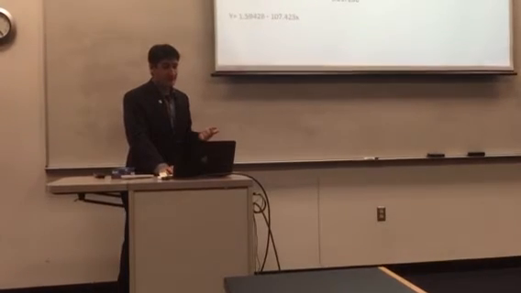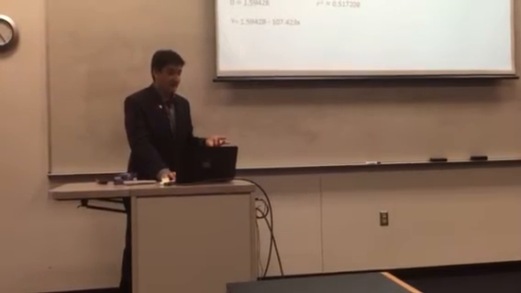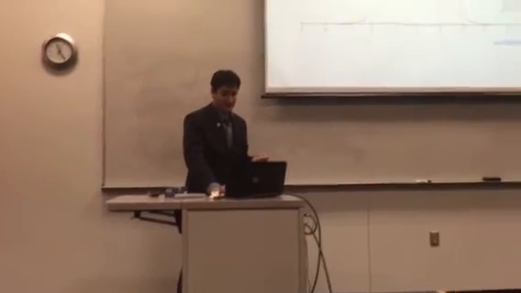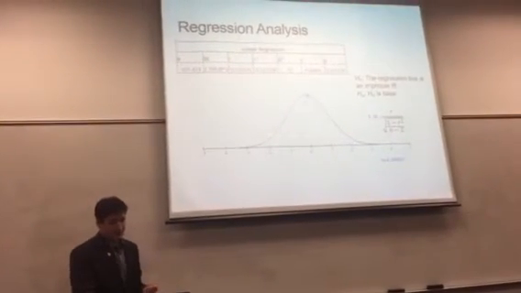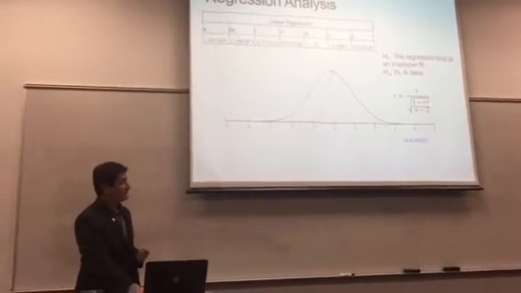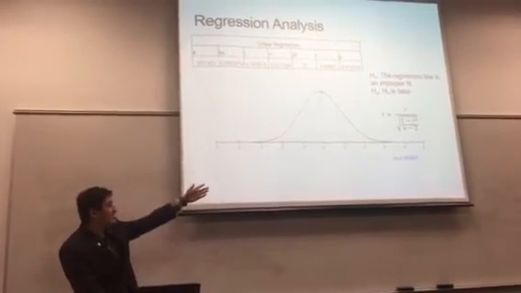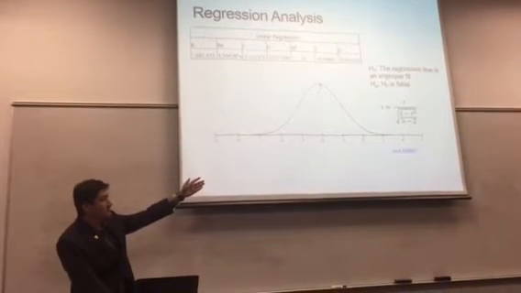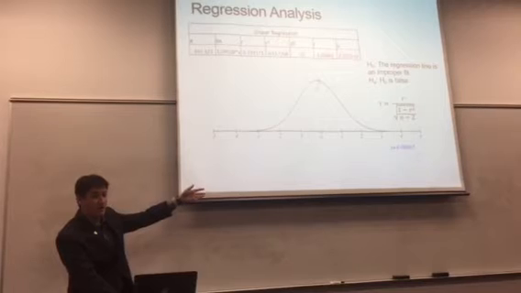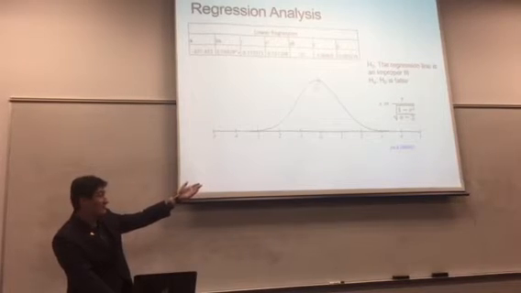But of course, this only matters if we do a test to make sure that this is actually statistically significant and not because of random chance. So doing a regression analysis test, I did a t-test for model utility, where the t-value on this t-curve with 17 degrees of freedom is equal to the correlation coefficient over 1 minus r squared over the number of points minus 2, which is the degrees of freedom.